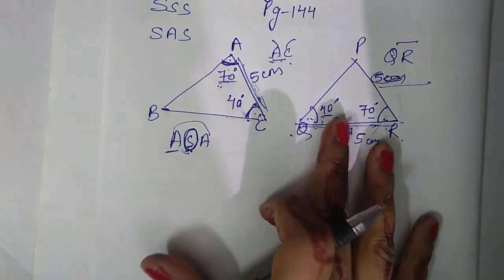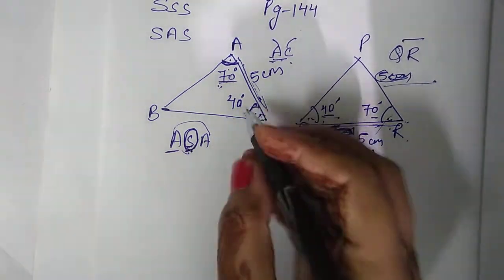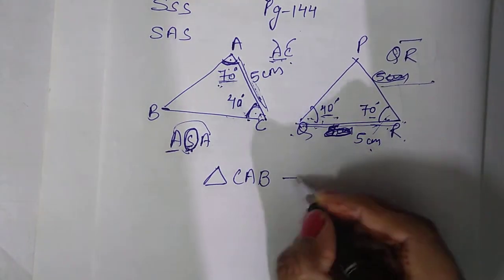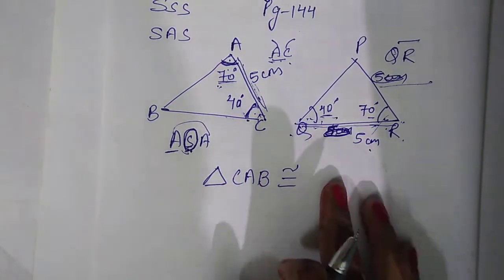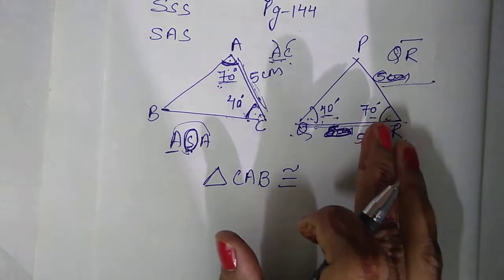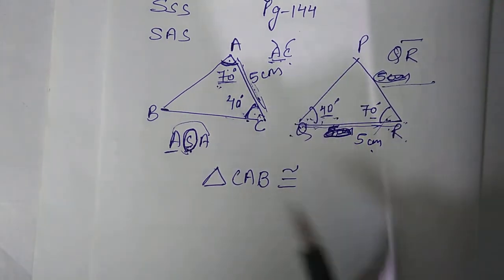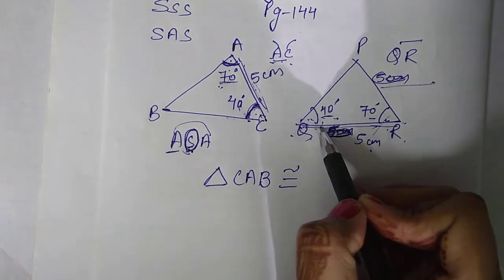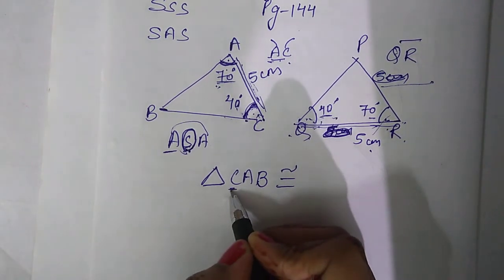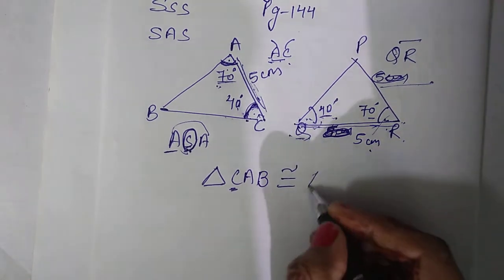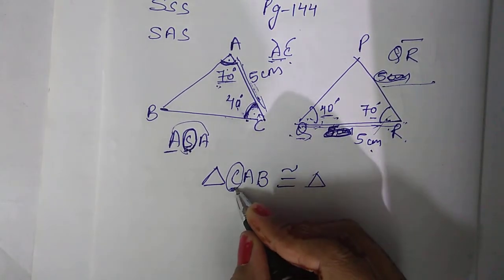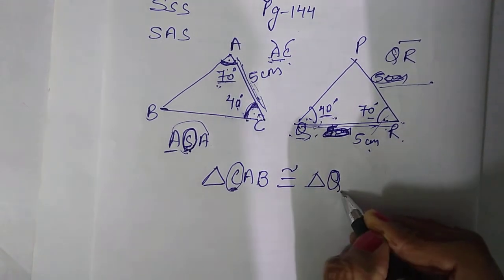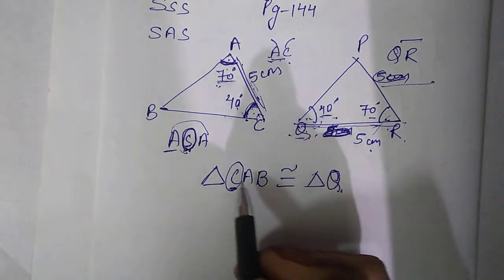Now they are congruent. I will explain how you write the symbolic form. You can write triangle CAB congruent to triangle PQR, but we have to write the names in the proper order. First I will fix the position of the angles. Angle C, that is 40 degrees, is equal to angle Q. So in place of C we must have Q. C is at the first position, so corresponding to it we must have Q, because C is equal to Q, so their positions must be the same.